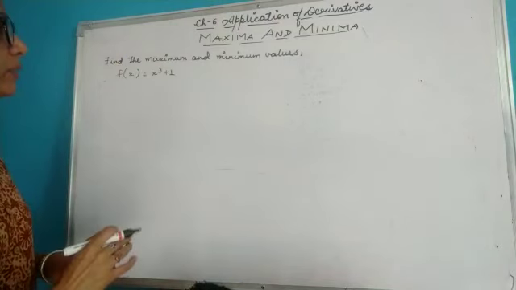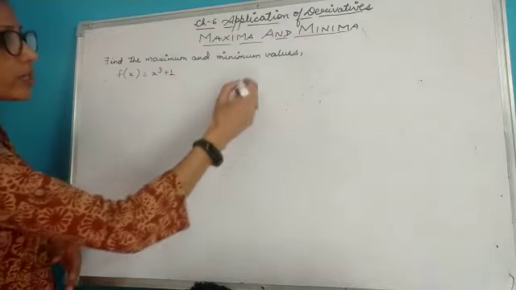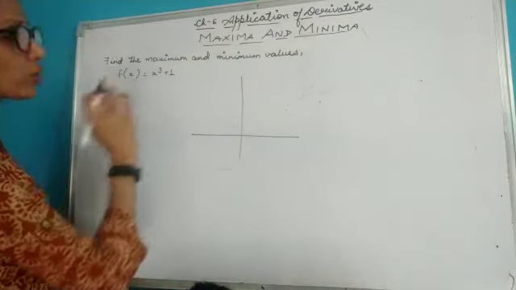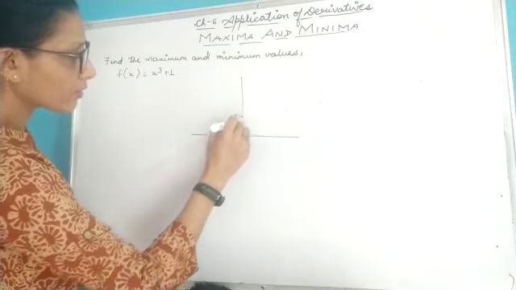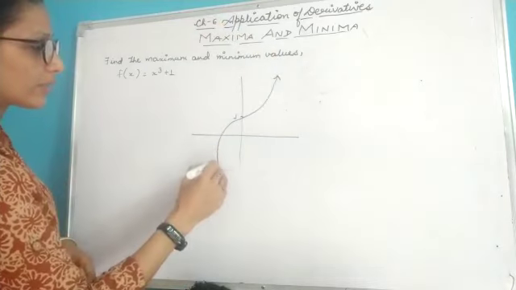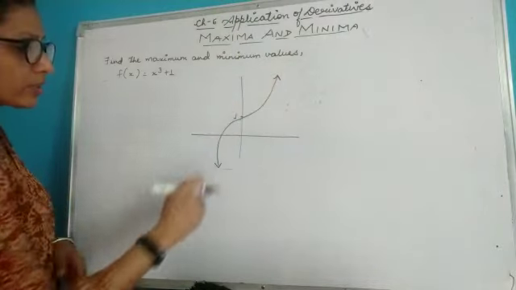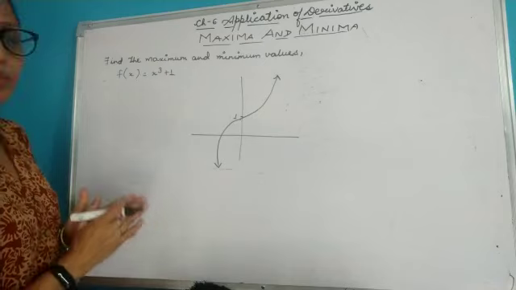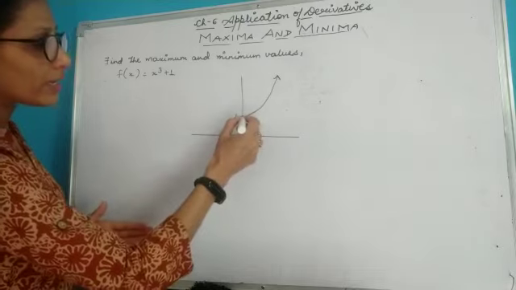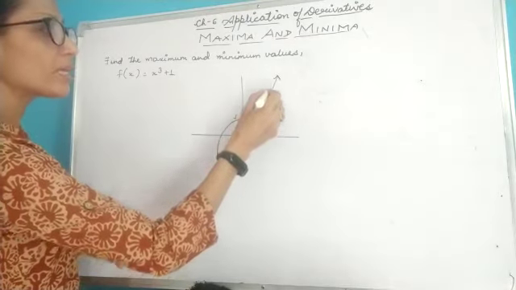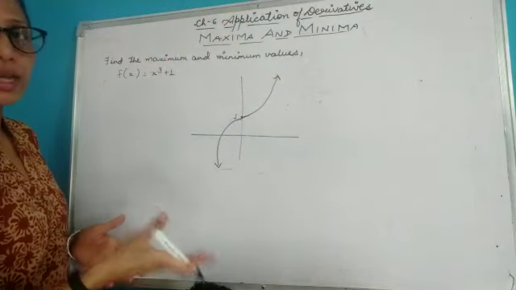Let's take another example, children. This is given to you as fx equal to x cube plus 1. Now, if you draw the graph of x cube plus 1, then it will come out to be like this. It would be like this. That means here it is passing through 1 and it is going upwards and going downwards also. Now children, from the graph you can see that I cannot get any maximum value. I can make the value as big as I want. I can make the value as small as I want.